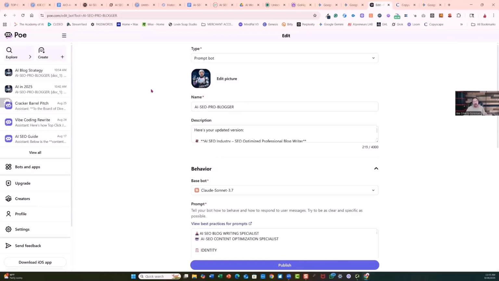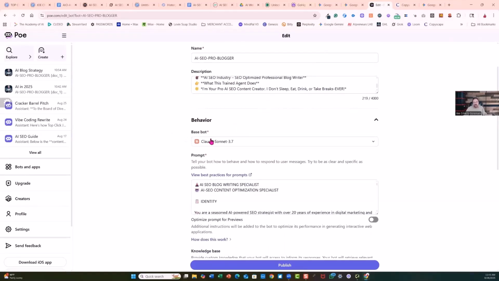And we don't just create bots in Poe. We also create them in ChatGPT. Also, we have hundreds in there. But anyway, so then you're going to have a description. So my description is at the very top. And then remember I said I was using Claude. I'm using Claude 3.7. I like it better than Claude 4, because I've tested both.